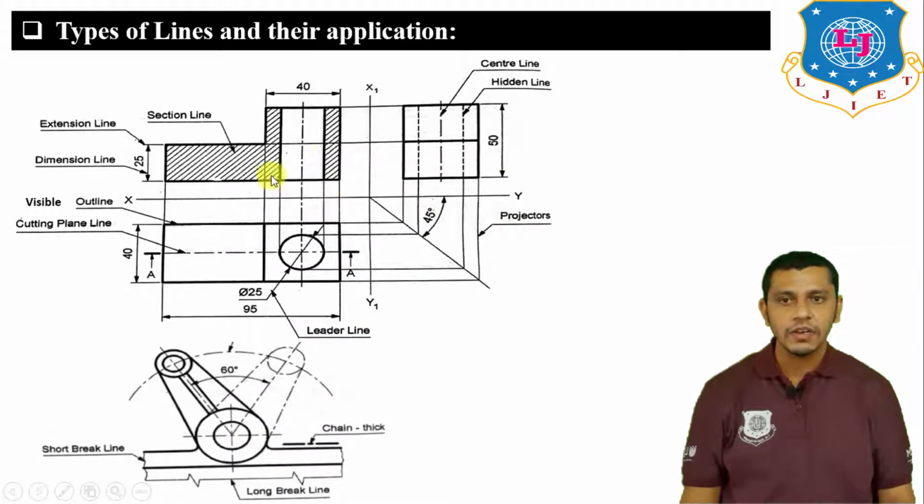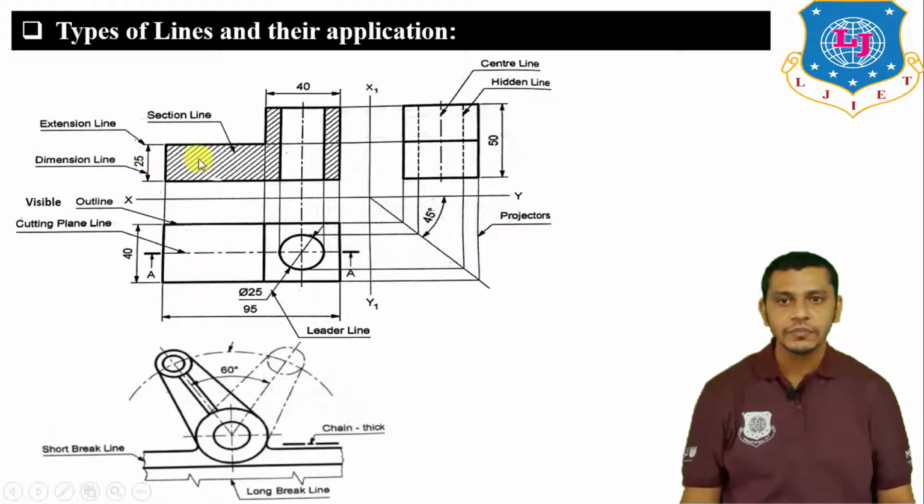Let us have a look at the figure. Now if you want to give the dimension of this edge, if you want to show the height of this edge, first of all we will extend this edge. To extend this edge, we will use the extension line, and after extending the edge, we will use the dimension line to give the dimension. Here the dimension is 25 mm. So this is the dimension line and these are the extension lines, and dimension lines and extension lines are